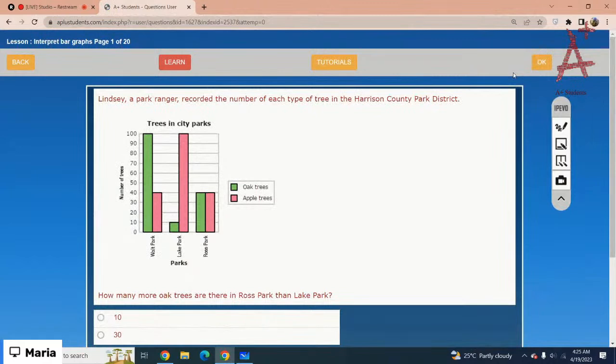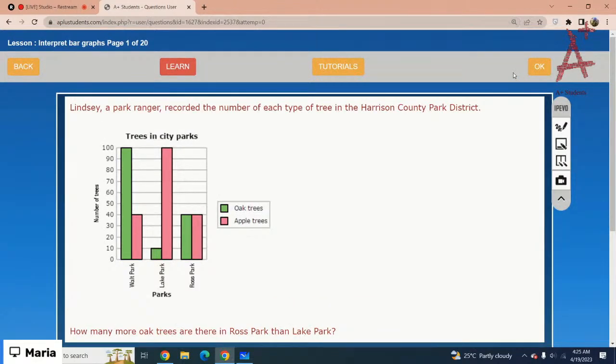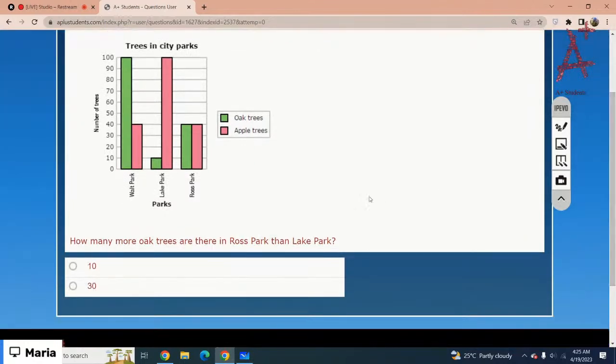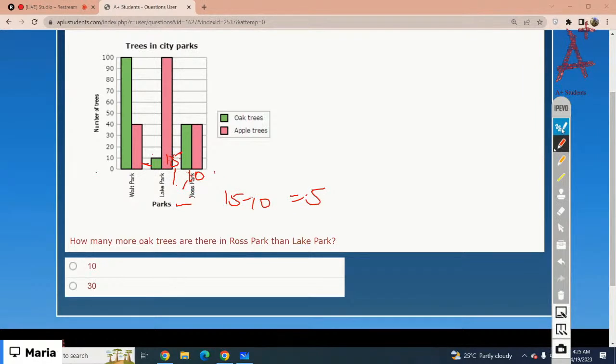Okay, Lindsay, a park ranger, recorded the number of each type of tree in Harrison Country Park District. So green color represents the oak trees and the pink color represents the apple trees. Got it. How many more oak trees are there in Rose Park than in Lake Park? So here is the Rose Park, and in Rose Park you have oak trees are 40,